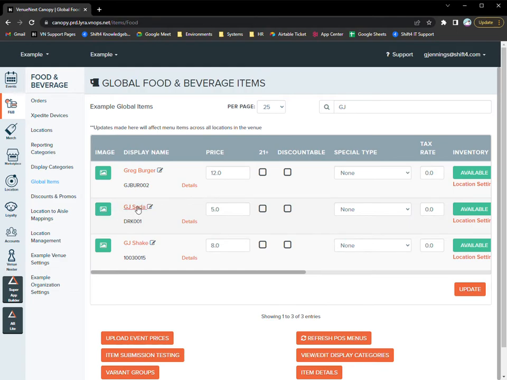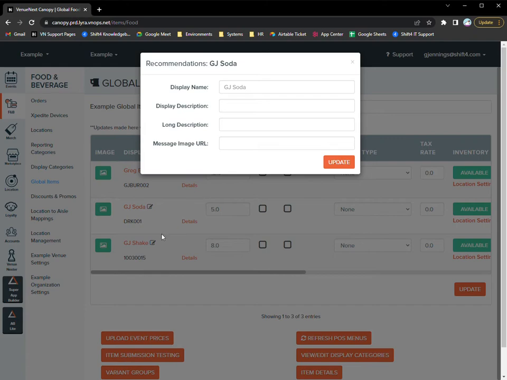So with our GJ Soda, I can add an extra line to the actual GJ Soda, so I can have the GJ Soda as the name of the item, but then if I wanted to, I could have a subheading underneath that, and this is where you get that. So I click on the little pencil, and I can see the display name there is GJ Soda. I can change that if I wish, and I can put in what's called a display description. The display description is what will go just underneath the GJ Soda, so I can put in here, select from a variety of flavors,